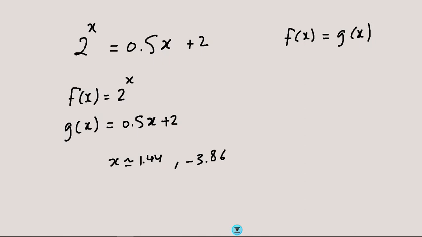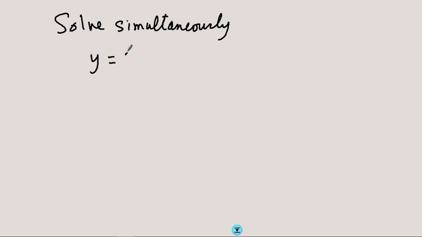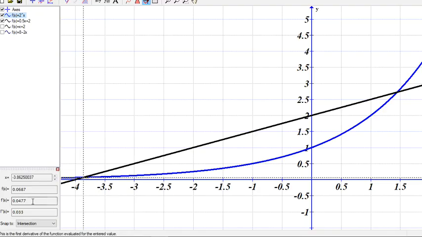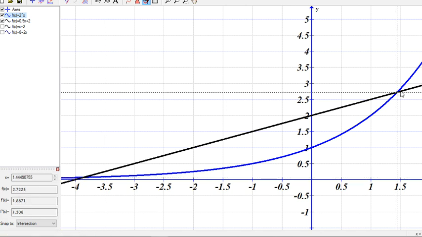However, if I was asked to solve simultaneously y is equal to 2 to the x and y is equal to 0.5x plus 2, then I do have a y in the problem, and the simultaneous solution should include an x and a y. So in this case, I will go to the graph, and let's snap here, and we have the 1.44, and y is 2.72. So the first solution will be